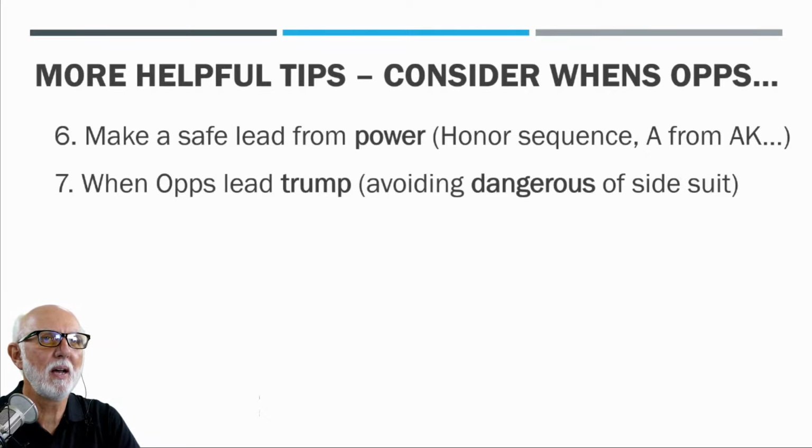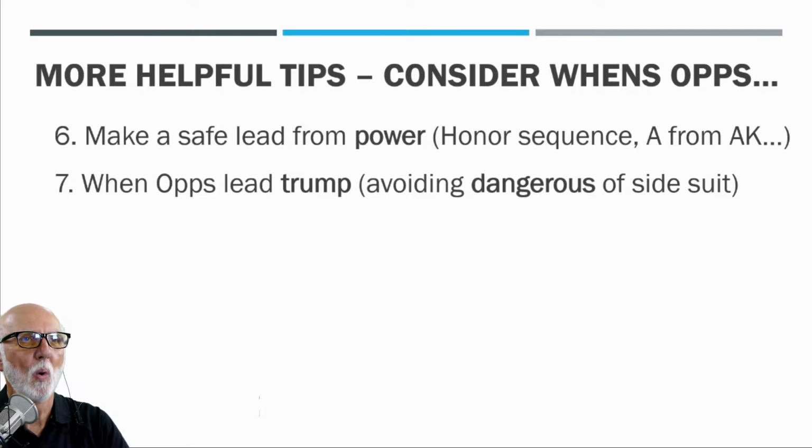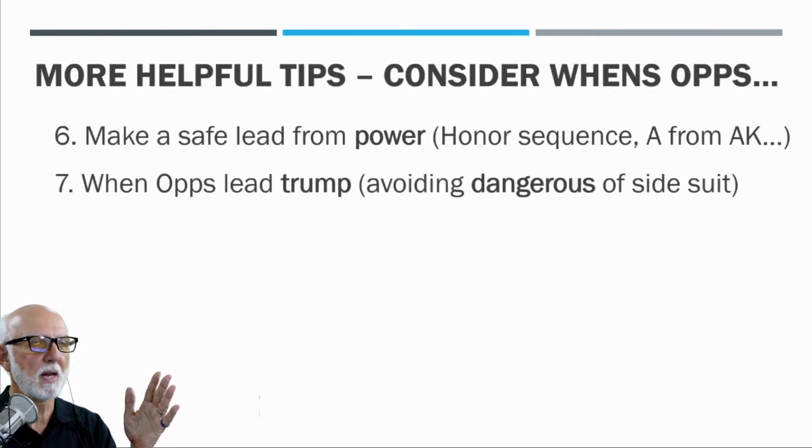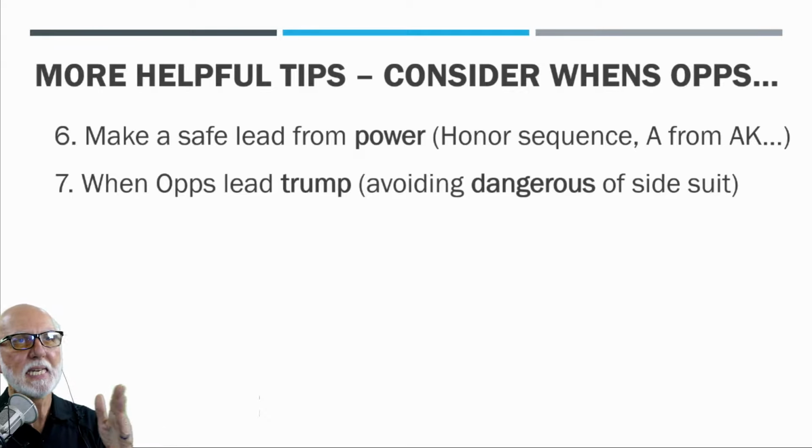Might be to stop roughing, but it might be because they've got an unprotected ace. They don't want to lead the ace and then the opponent's king wins, or other scenarios like that. So when opponents do not lead from a safe sequence, and a safe sequence would be the ace from ace-king, or maybe a connected honor sequence like king, queen, jack, king, queen, 10, those types of things,